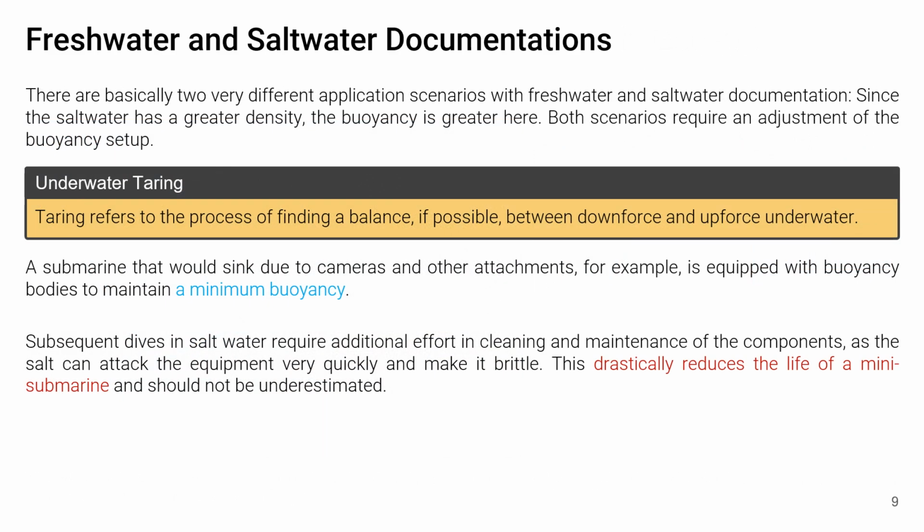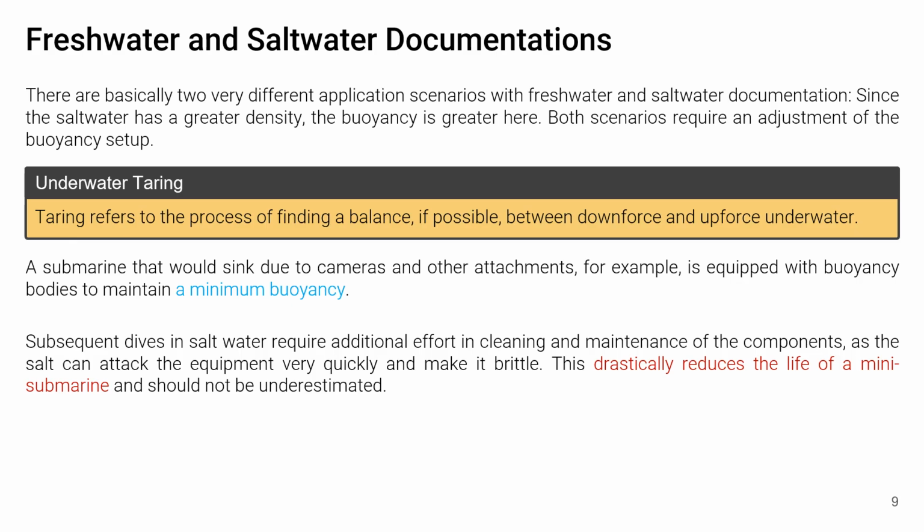There are basically two very different application scenarios with freshwater and saltwater documentation. Since the saltwater has a greater density, the buoyancy is greater here. Both scenarios require an adjustment of the buoyancy setup. This is where tarring comes into play. Tarring refers to the process of finding a balance, if possible, between downforce and upforce underwater. A submarine that would sink due to cameras and other attachments, for example, is equipped with buoyancy bodies to maintain a minimum buoyancy. If the system should fail, it does not sink to the bottom, but comes automatically to the